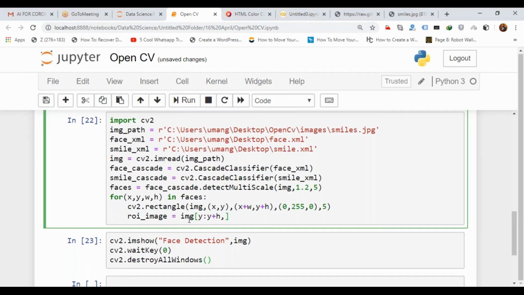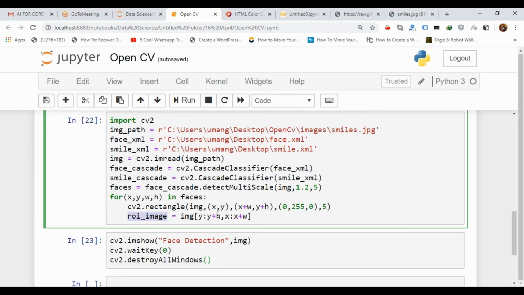Similarly we do it for x colon x plus w. That means we have just separated the face from that image and stored it in this variable. This variable will contain only the face. That's it. Got it, all of you?